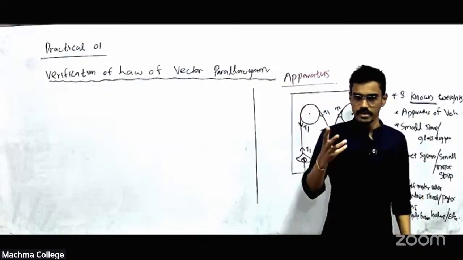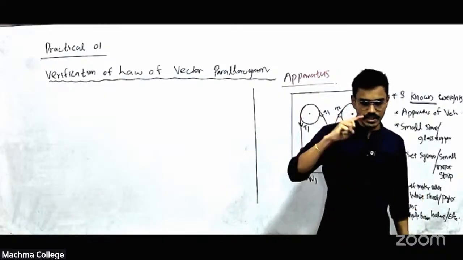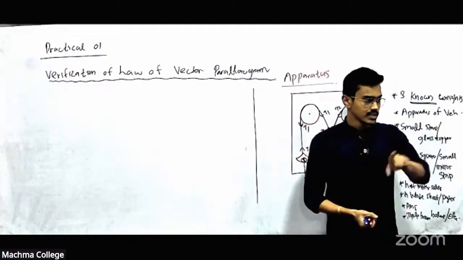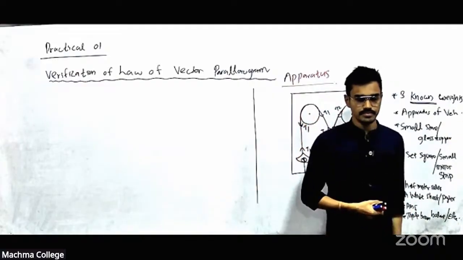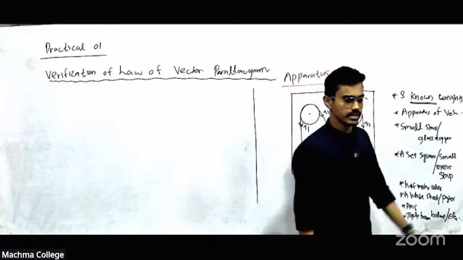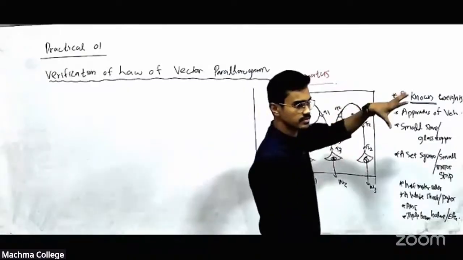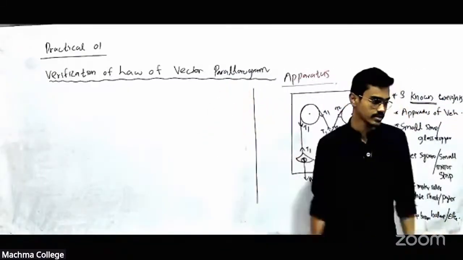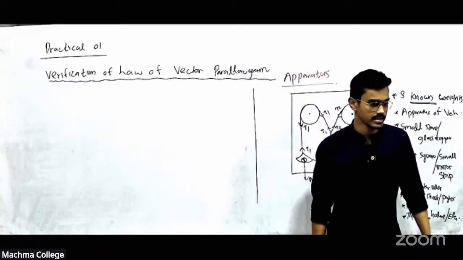Understanding the method means you will see the logic behind the method and the links with the theory of the method we are using. Then only we can come to the conclusion later. The ultimate result of any experiment is a conclusion. At the conclusion we should be able to see whether it's verified or not. It should be verified. That's the idea.